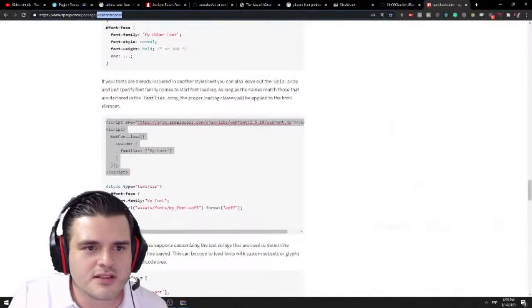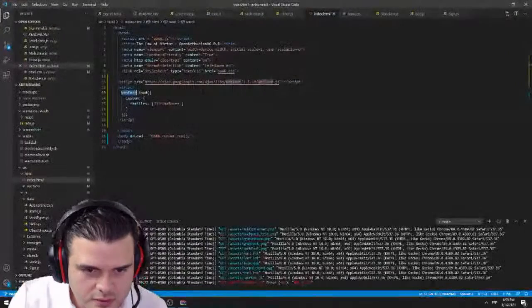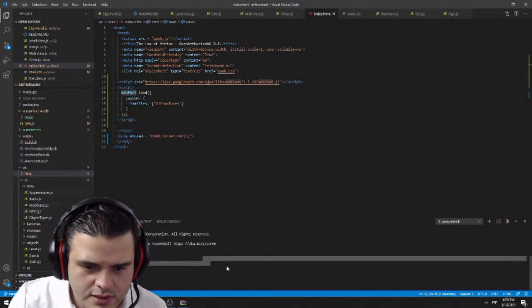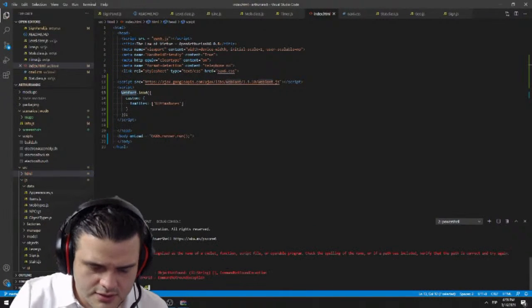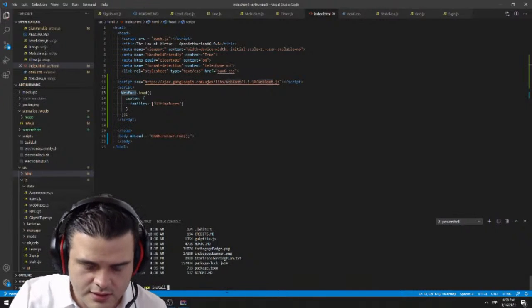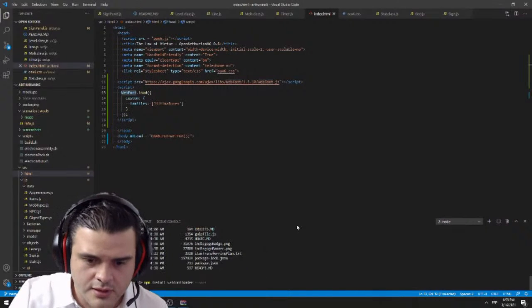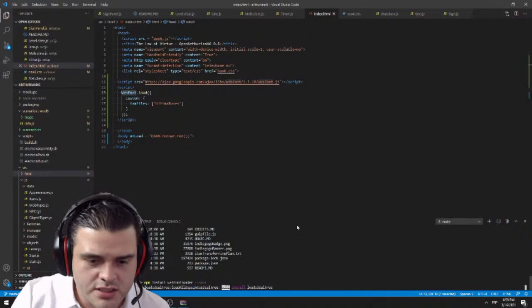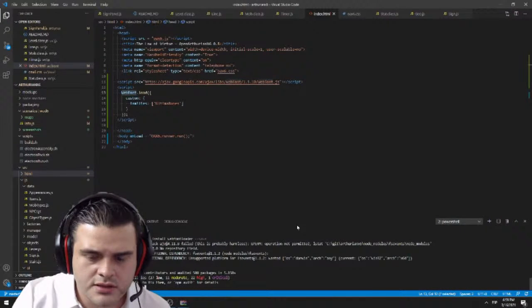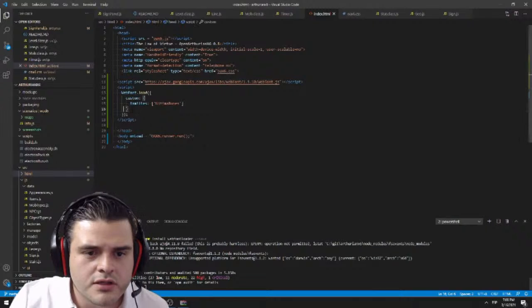So yeah, let's include this package into our distro. Let's create a new terminal here, and let's just install that and save it in our package file. And then we can just do this, but